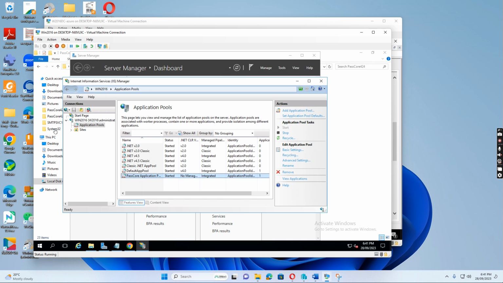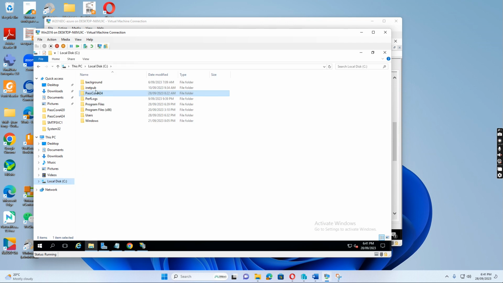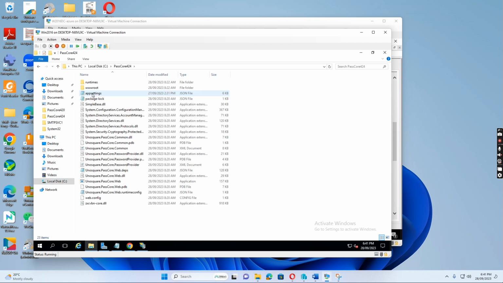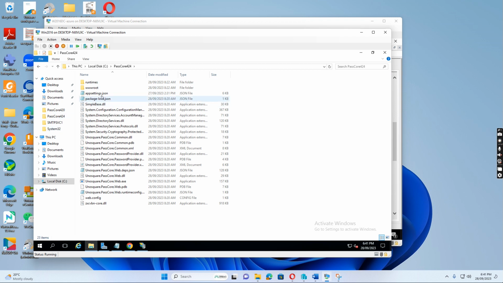And then the very important thing we need to do is the one I show you in here, C drive. In this folder, this one is application settings. So the full name, if I show the extension, is appsettings.json. This is like a configuration file. So we need to do some configuration. So if we open it,